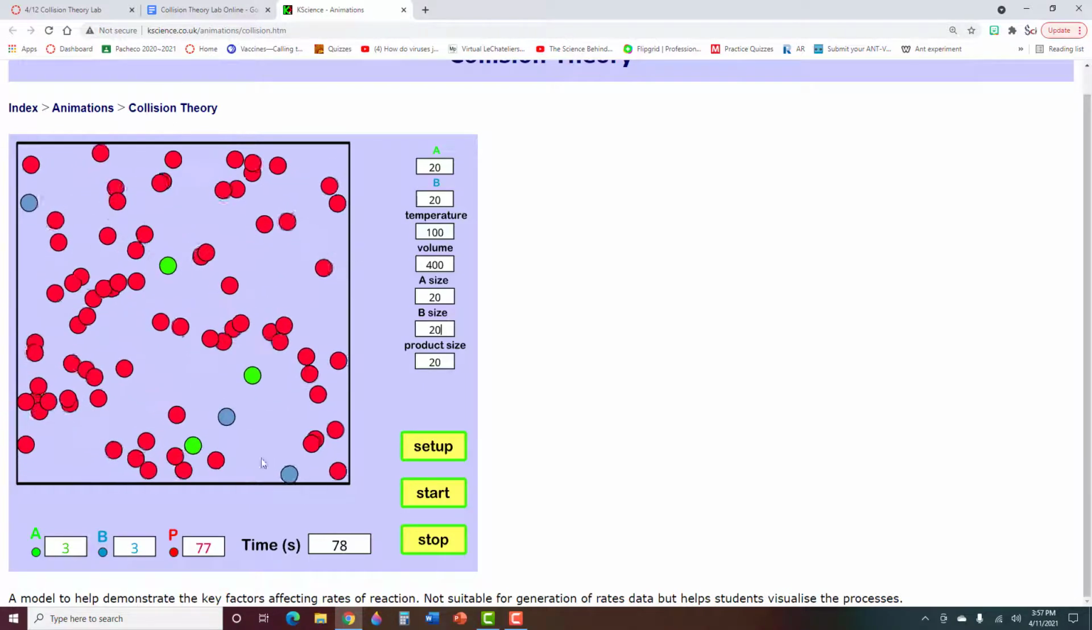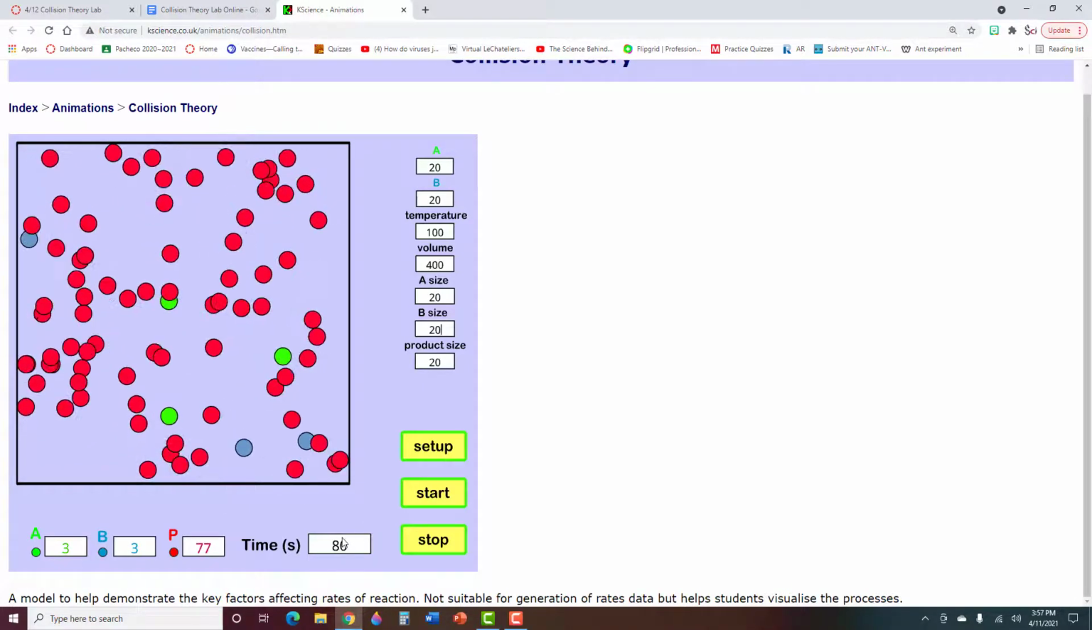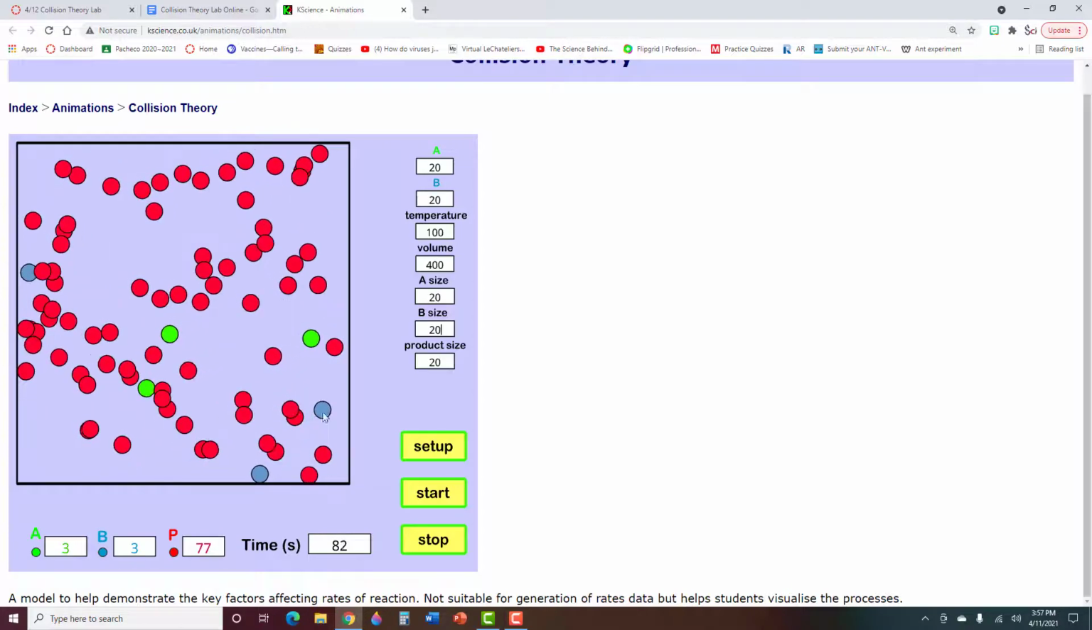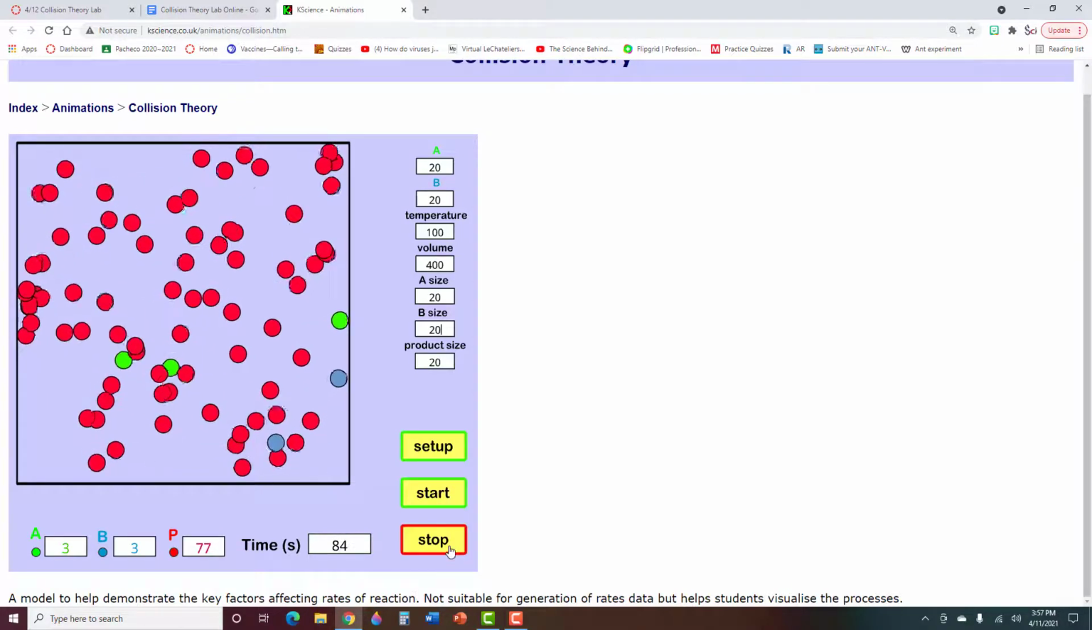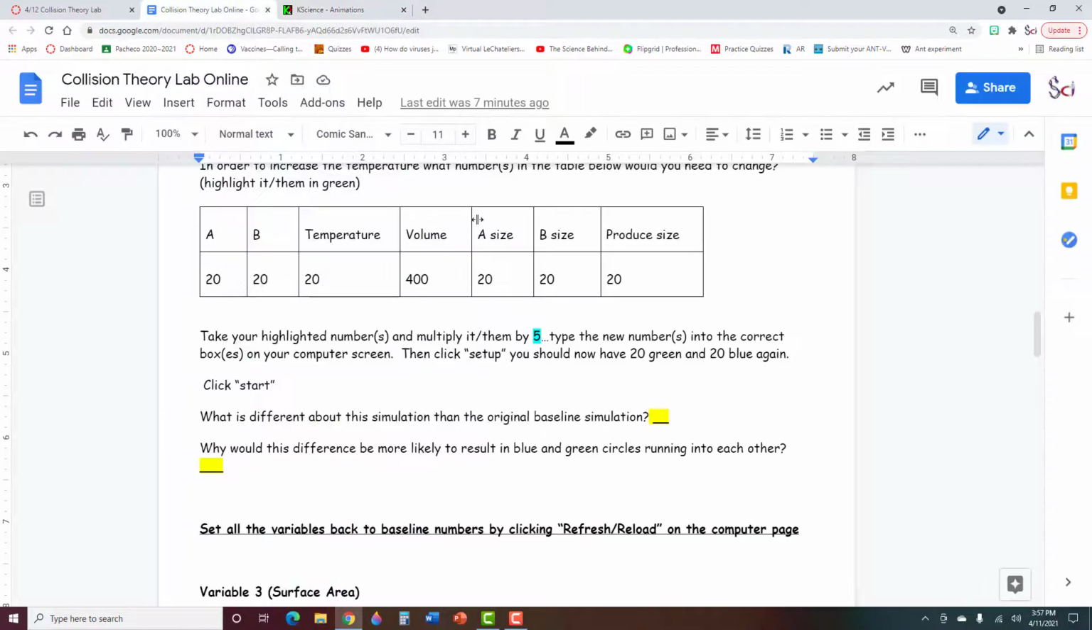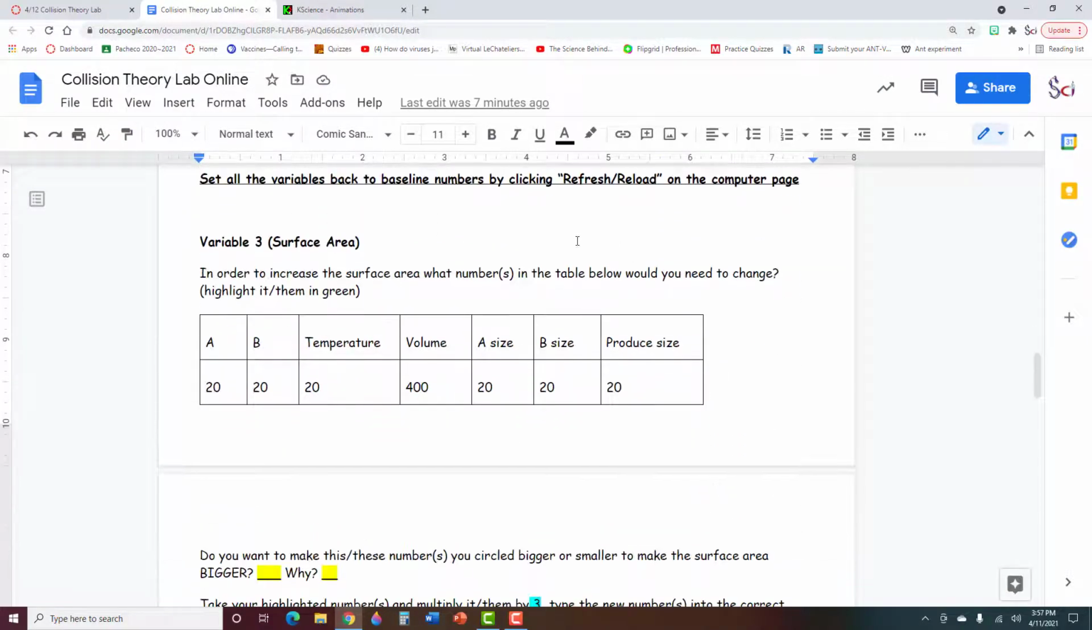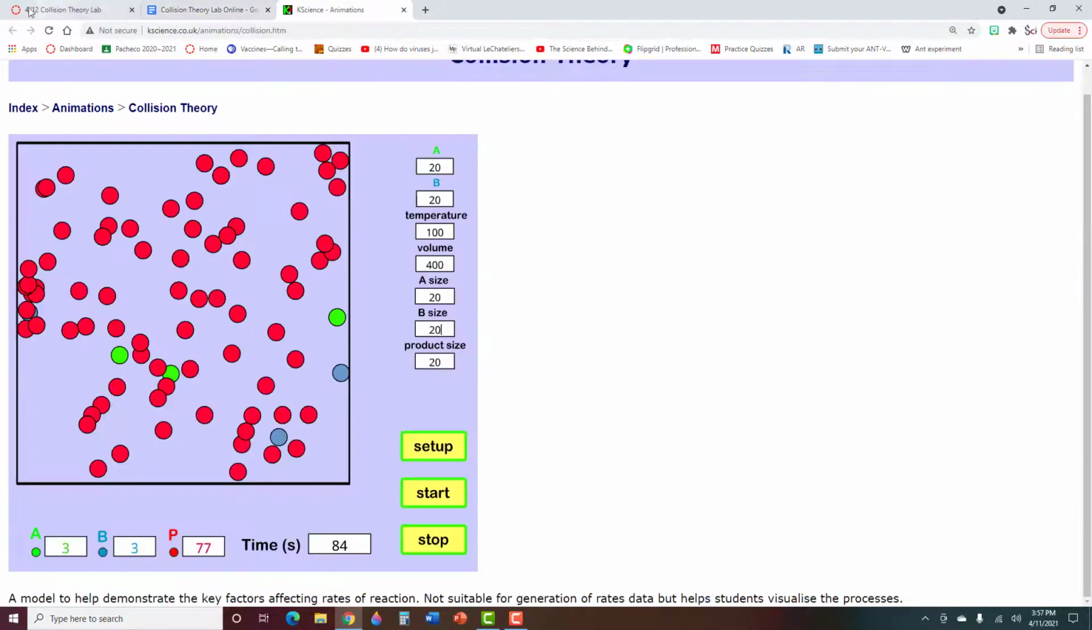And so again, this is almost done. We're at 79 seconds, so a lot faster than the first one that we ran, but we don't need to run it all the way out. All right, so that's temperature. And then next is